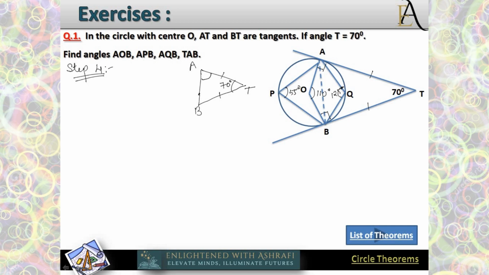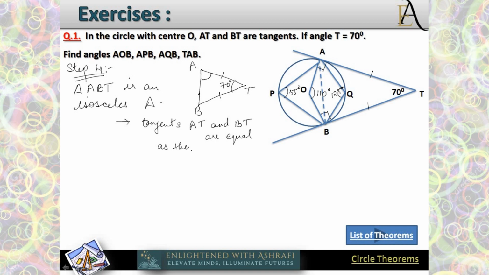Now we can see over here triangle ABT is an isosceles triangle, right? Why? Reason? Because tangents AT and BT are equal as they meet at a point